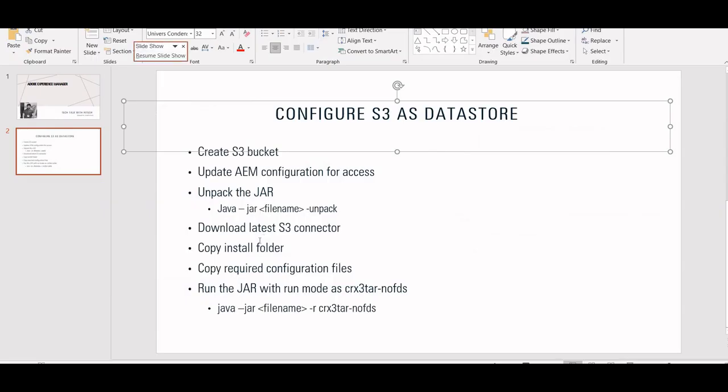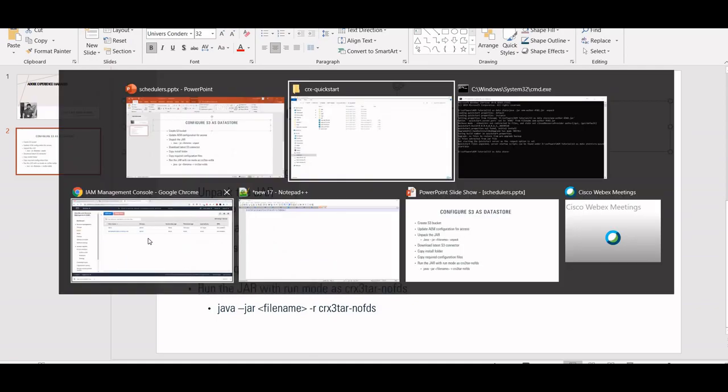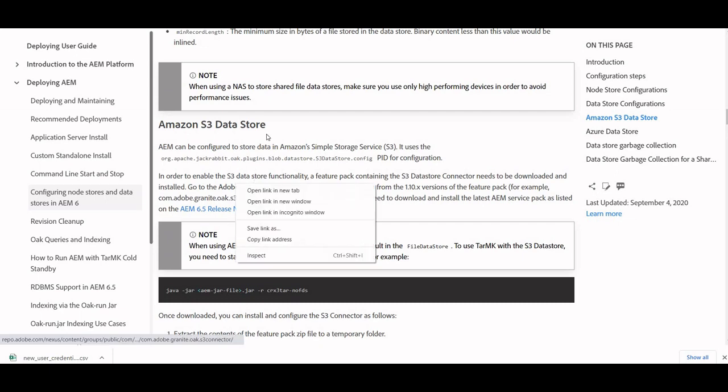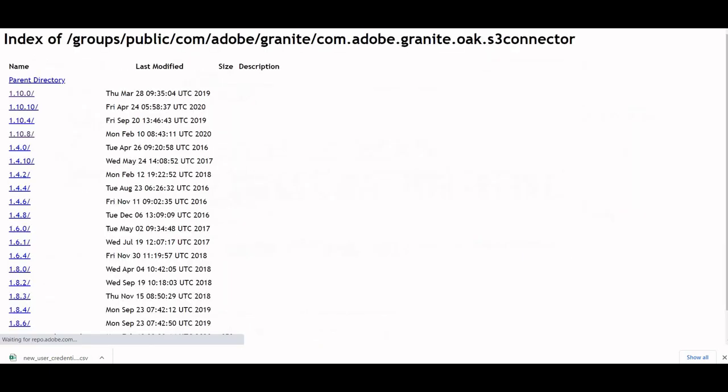So what is next, we have to download the latest S3 connector. I have already opened a URL. So this is the URL, and here you will find an Adobe repository. Just open this Adobe repository and download the latest one. For this demo I will use this 1.10.0 S3 connector.